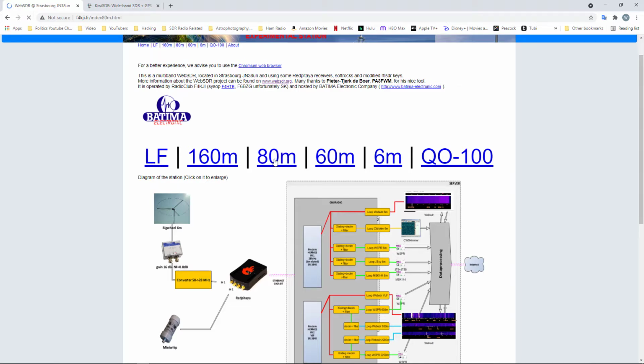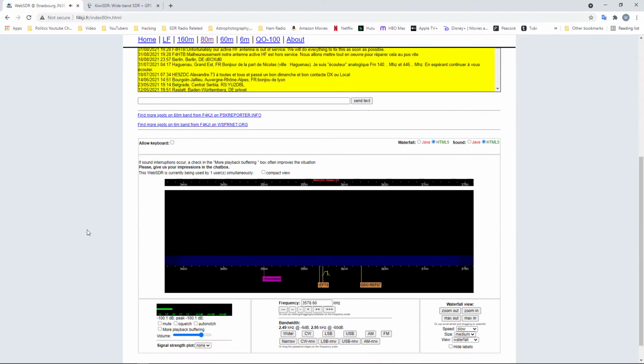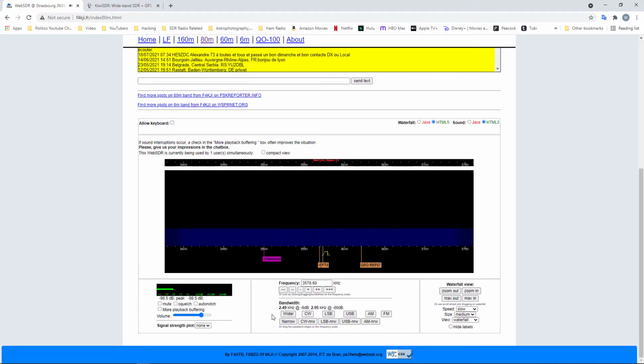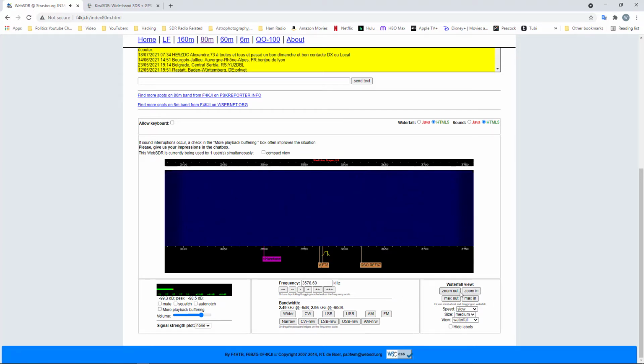let's go into 80 meters. Here's the receiver. And here's how we change the channel for that band, the 80 meter band. And you can zoom in on the waterfall, you can zoom out, max in.